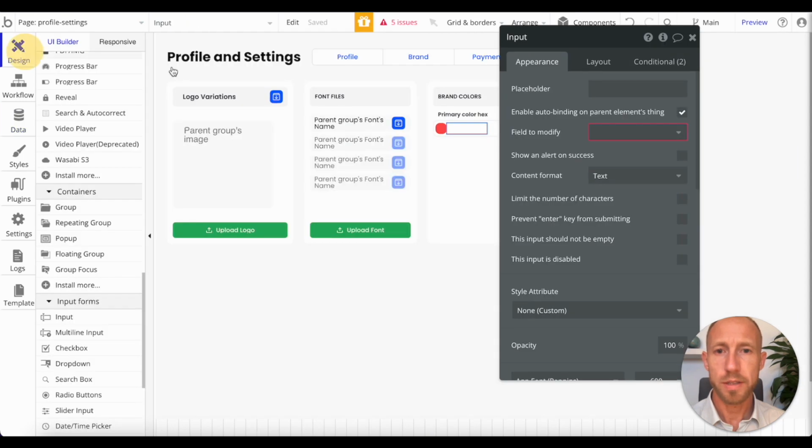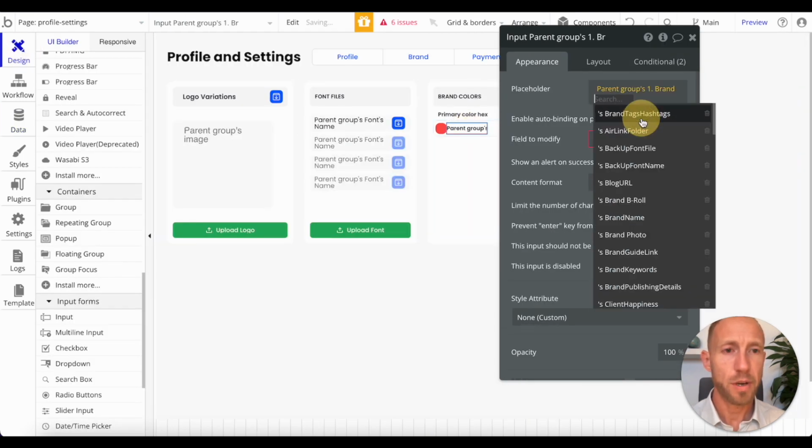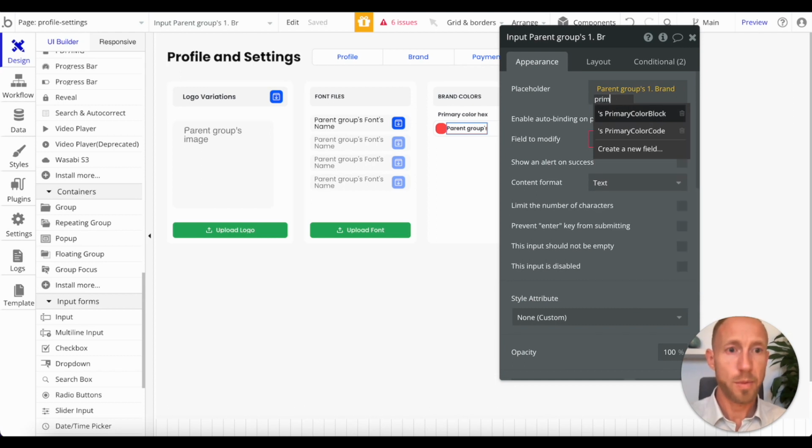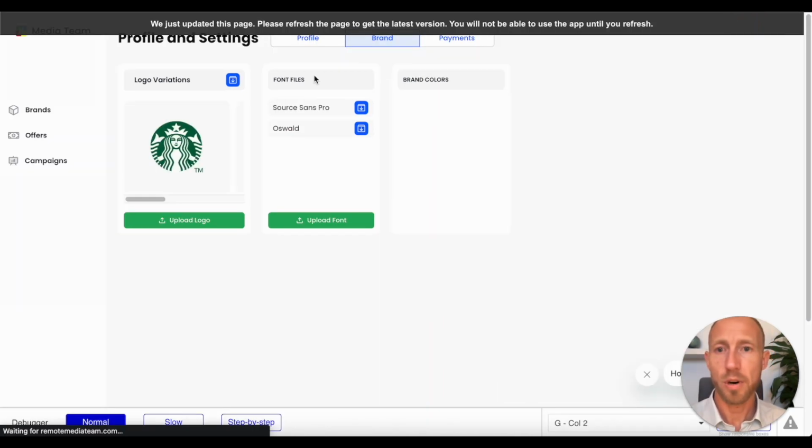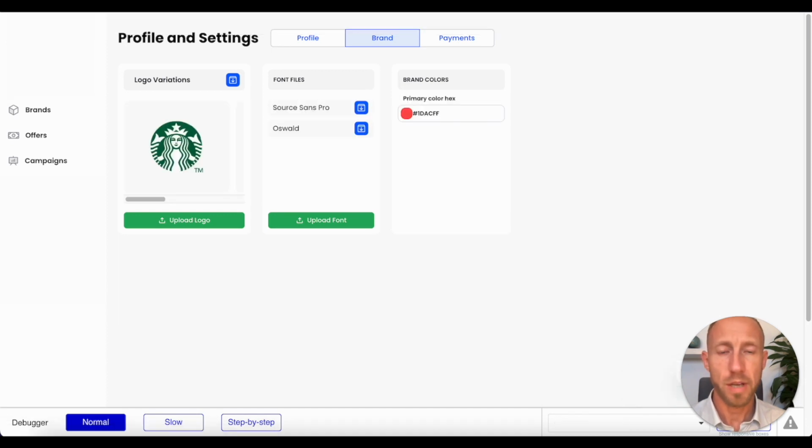So let's work on this design a little bit as well. Our placeholder is going to be the parent group's primary color code, and the field to modify is this primary color code, if somebody updates it. So let's take a look at our progress and see if we actually have something in there. There might not be. Okay, so there is. Great, and it actually has that hex color as well, or that hex with it,